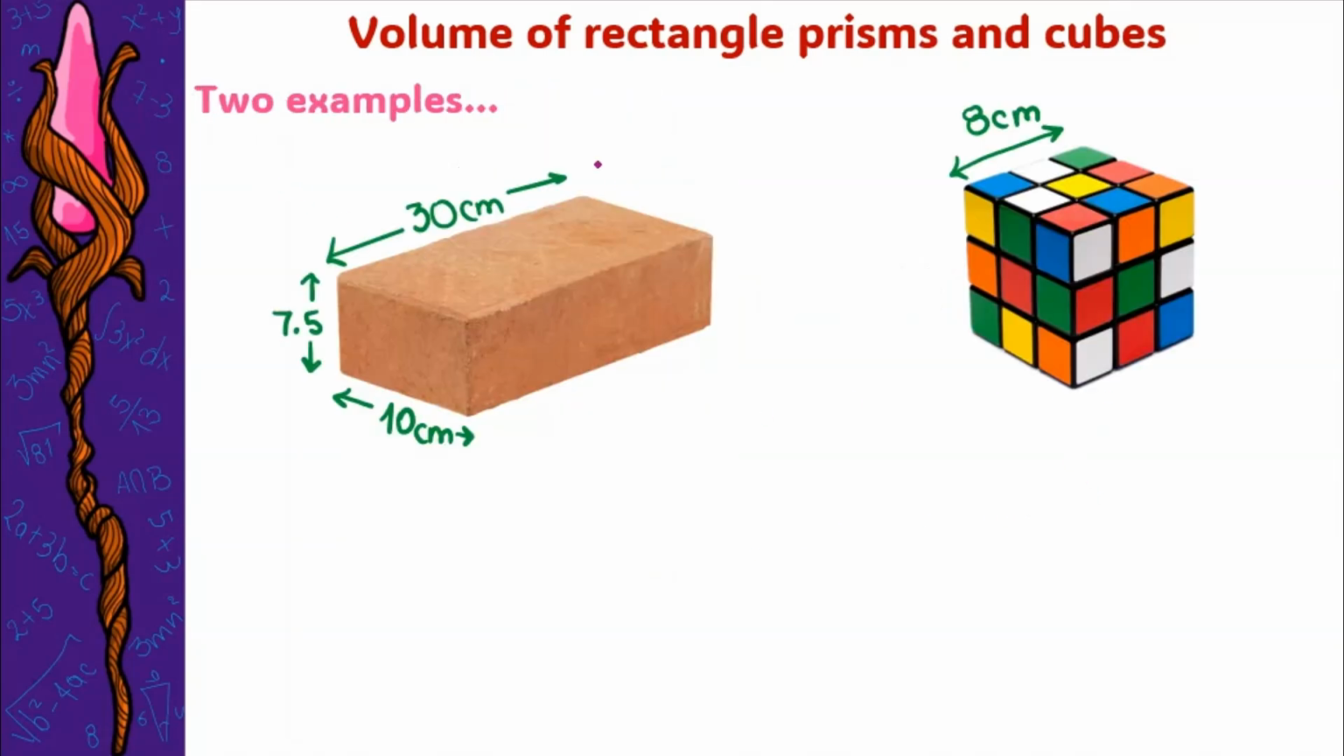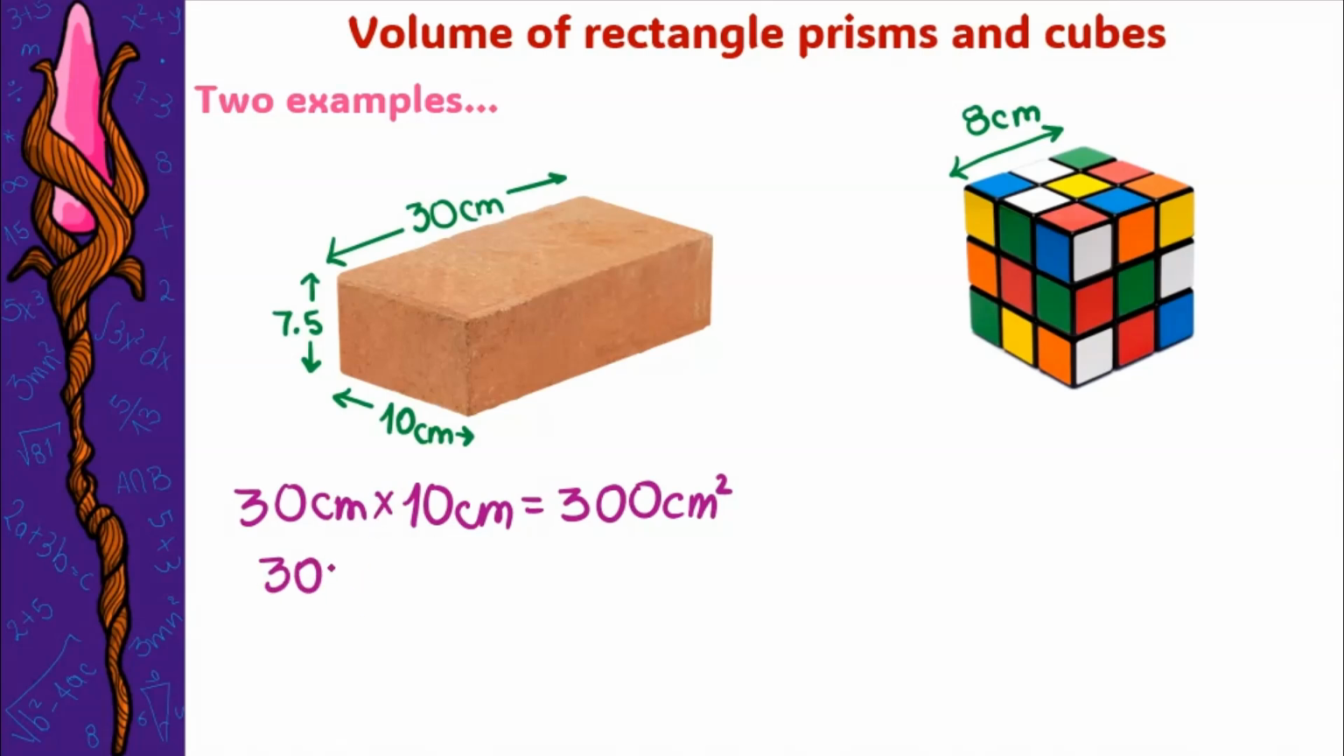Let's check some examples. Let's find the volume of this block and the volume of this Rubik's cube. To find the volume of the block, we just need to multiply the three numbers. I'm going to multiply 30 times 10 first, so it gets easier. 30 times 10, we just multiply 3 times 1, which is 3, and include the zeros: one zero from here and one zero from here. It's just 300 square centimeters, because we have multiplied just twice. And then we multiply 300 times